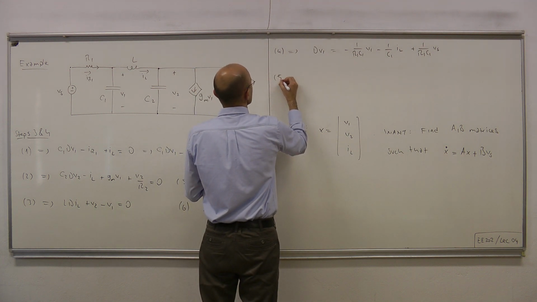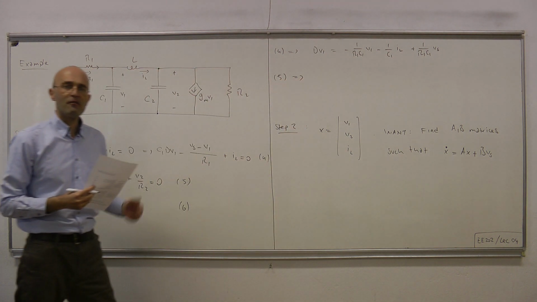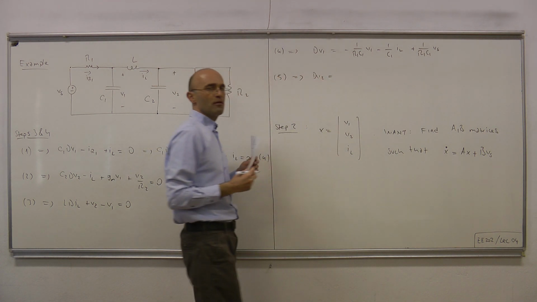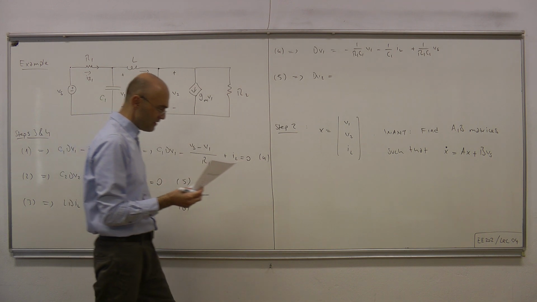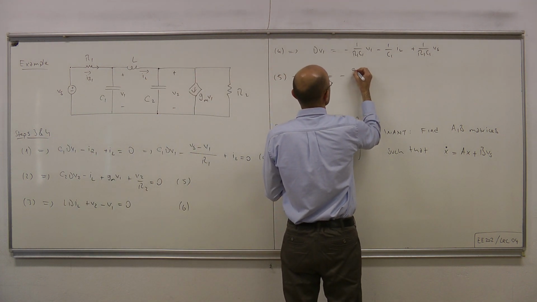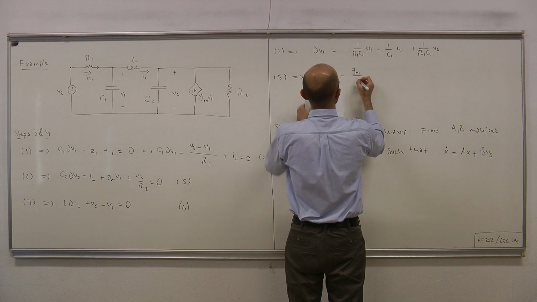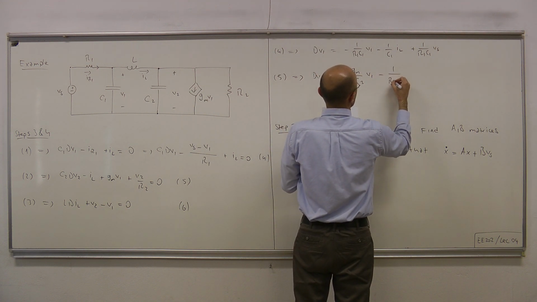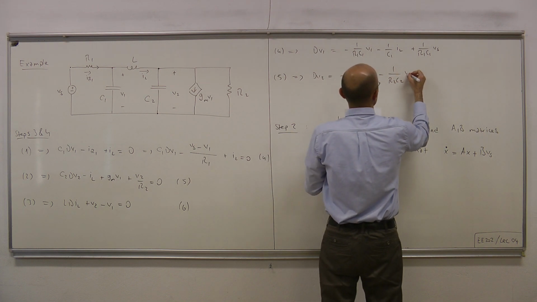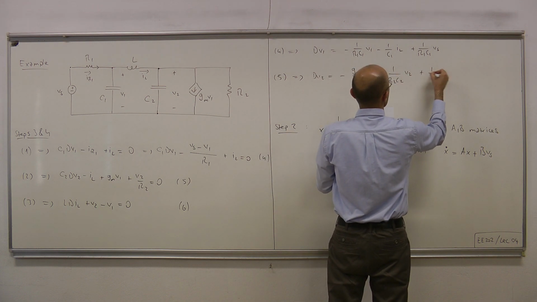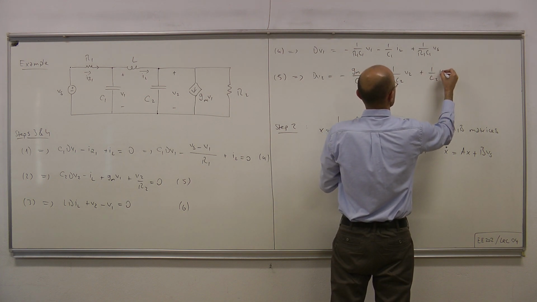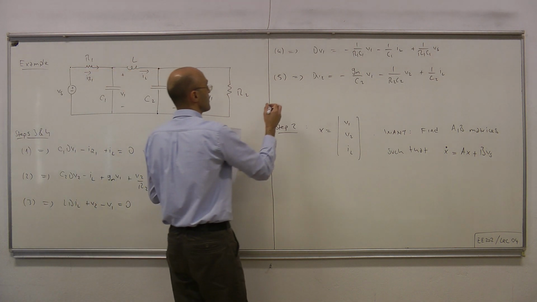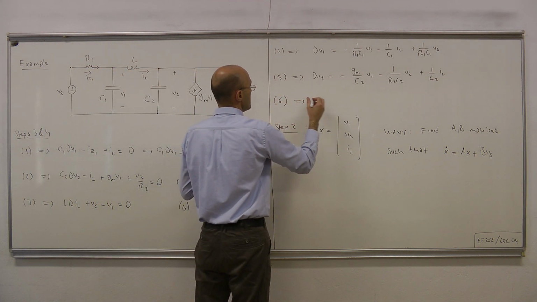And then let's do the same thing to the remaining equations, 5 and 6. 5 will give us dV2 in terms of state variables. dV2 is minus Gm over C2 V1 minus 1 over R2 C2 V2 plus 1 over C2 IL. Okay, and finally, for dIL, we use equation